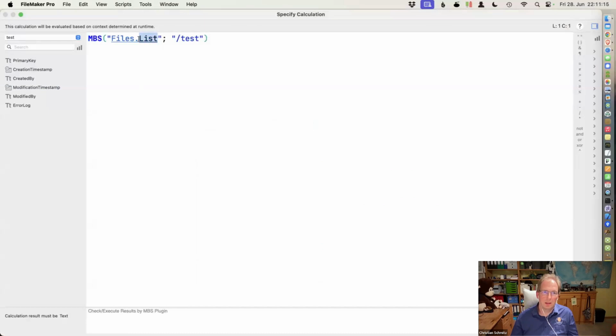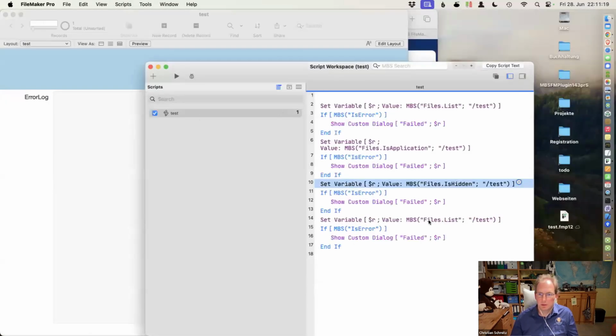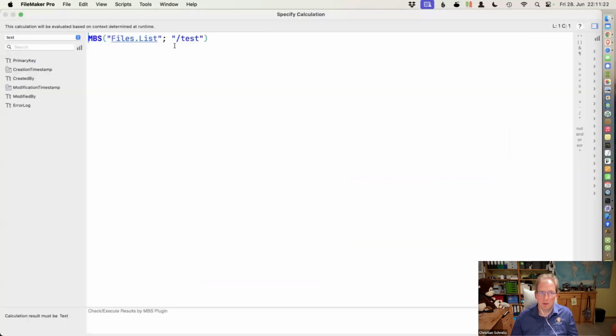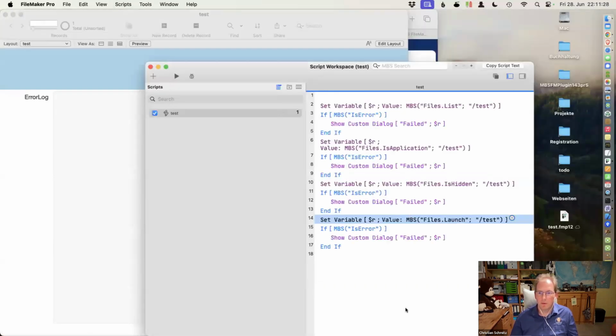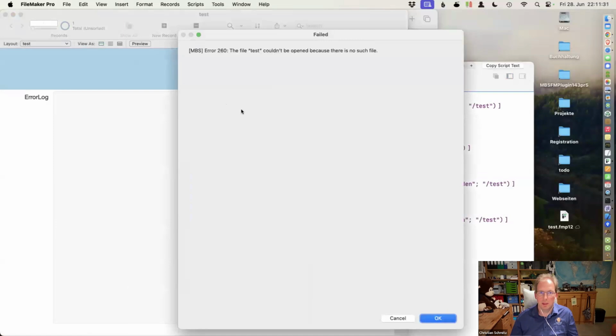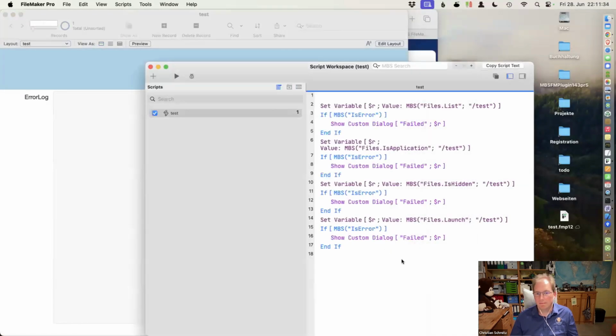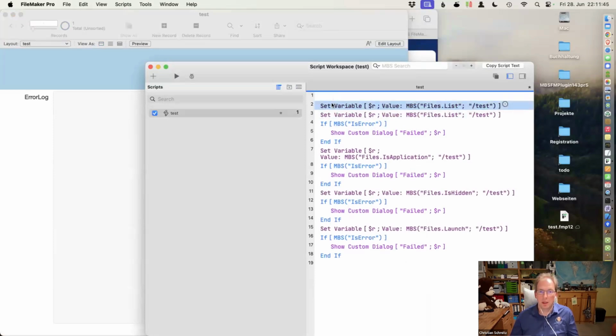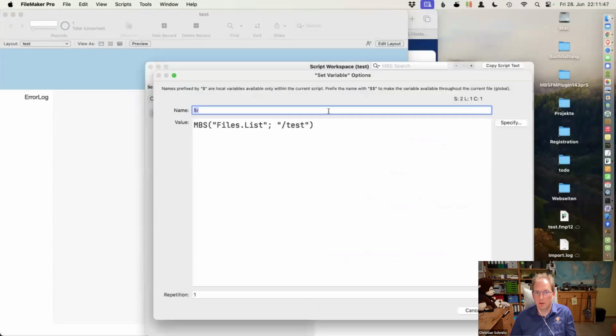Let's say is hidden. And here make another function, so we see them in the log. What could we do? Launch, yeah. So we have 4 calls, all make an error. And we don't want to write is error after every line, especially if you do things like Excel or PDF, where you have 100 calls. So we want to have the plugin collect all these errors.